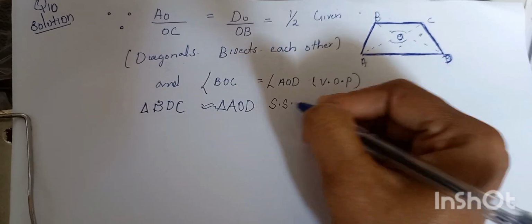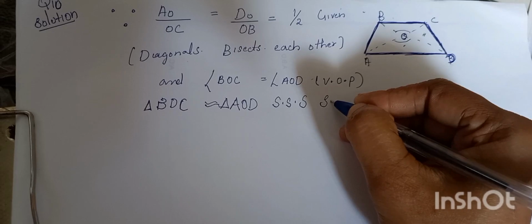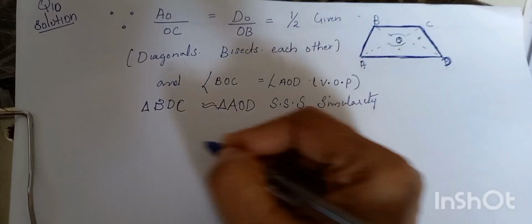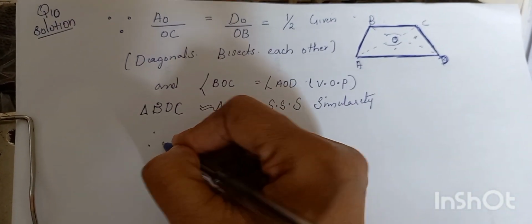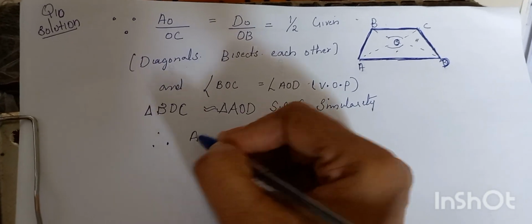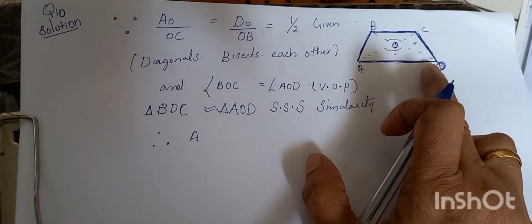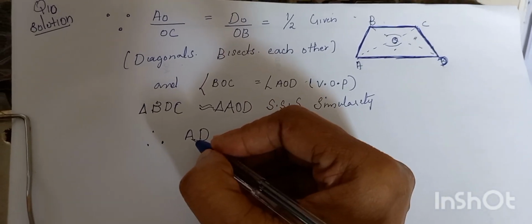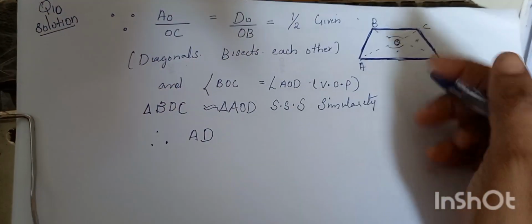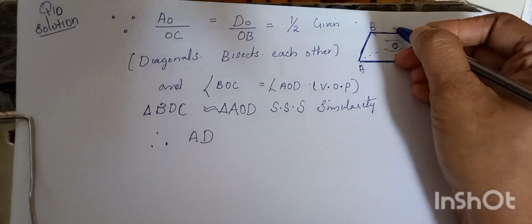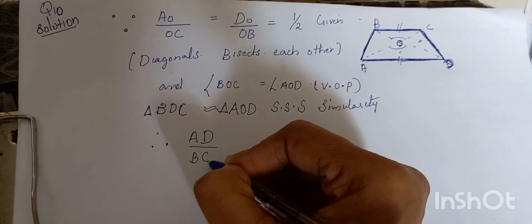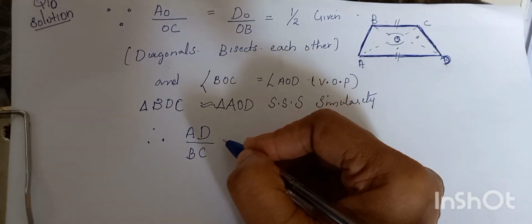What is the reason? Using SAS similarity. Therefore, AD by BC, AD, these parallel sides, AD by BC is equal to half,